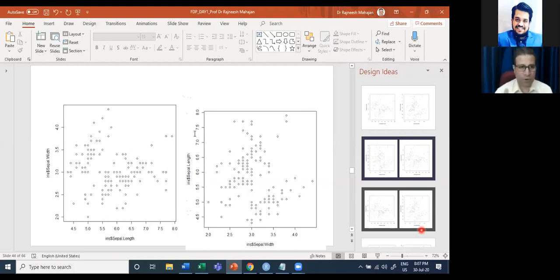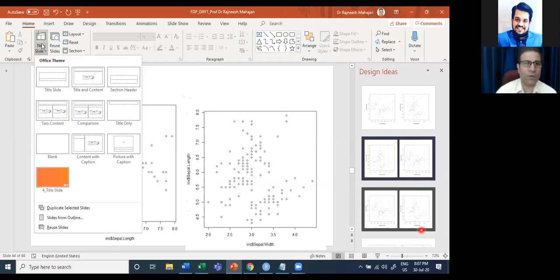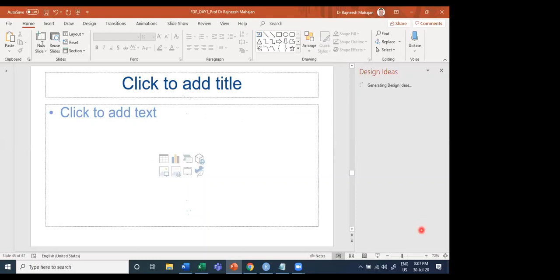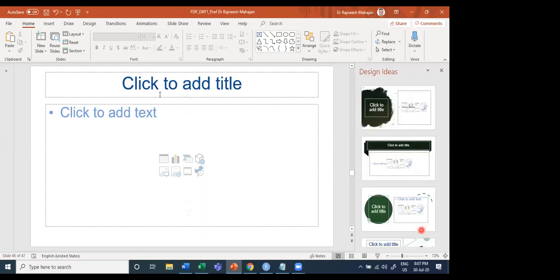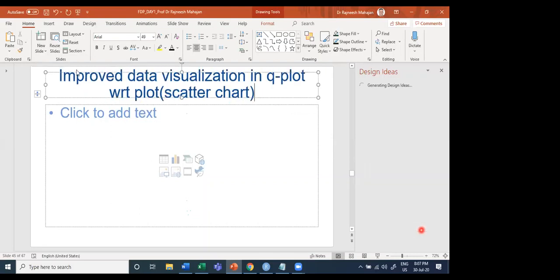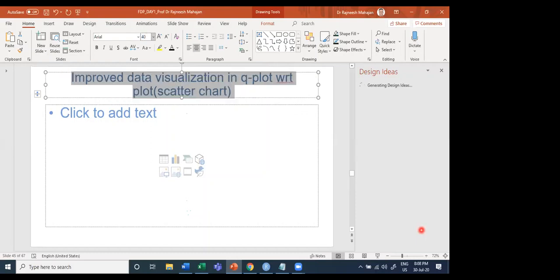So what we will do, we will use a command called qplot. ggplot is a library. So let me see whether this brings the situation in the right manner or not.